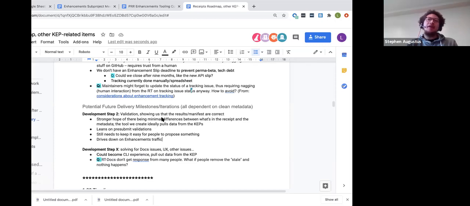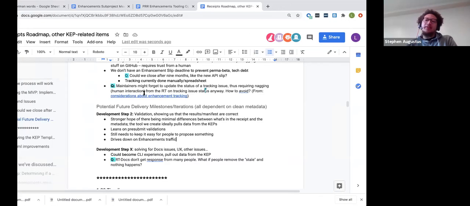What ends up happening is that it moves some of that responsibility from the authors to the enhancements team's side as they flip something from proposed to accepted. That becomes a massive PR with the entire manifest and all of the sets of receipts, and at that point we'll start hitting the red flag.